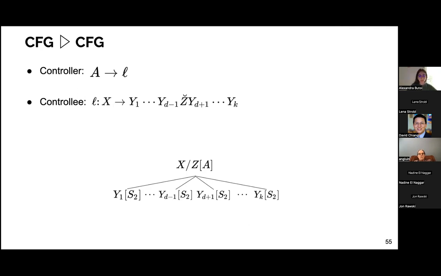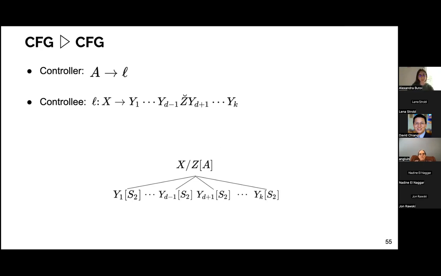And then if you have a node in a derivation that's labeled with Y/Z, so what's important here is that